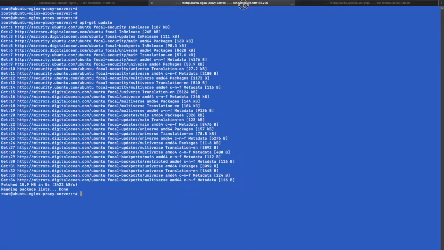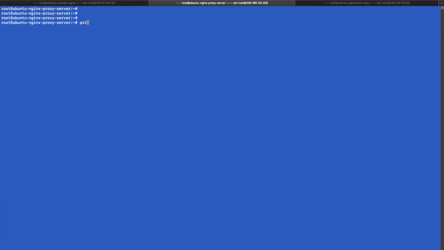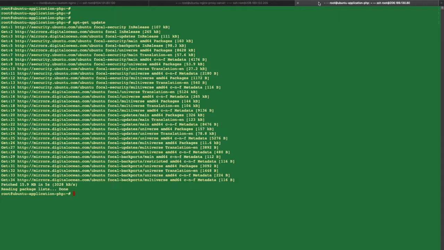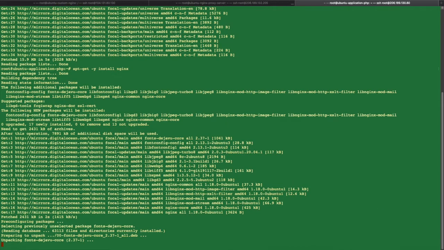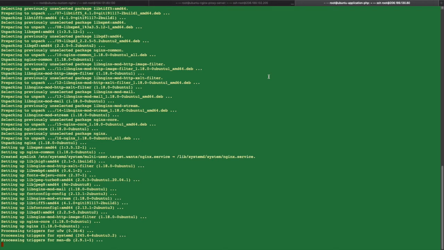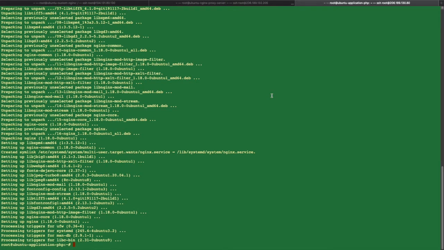Once the package update is done, we need to install Nginx. Clear out the console and execute the command apt-get -y install nginx, so that it will not ask for confirmation at runtime. Right now we are installing Nginx on all the new machines with the help of the package manager. Hit enter. You can see this will not ask for confirmation. Install Nginx on this machine as well. We have to wait until the installation is done. We can see the Nginx installation is done. I will clear out the console. Over here the installation is done too. I will clear out the console.